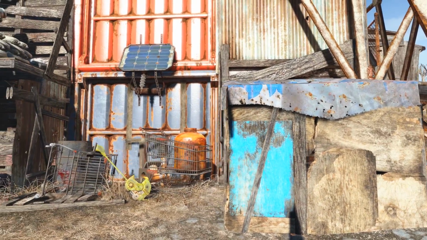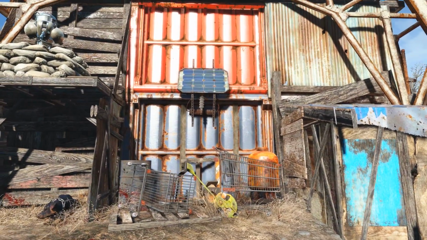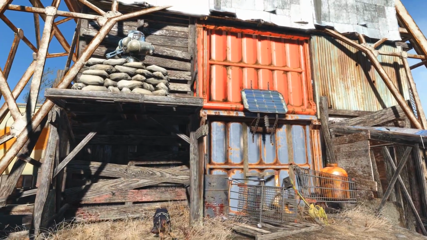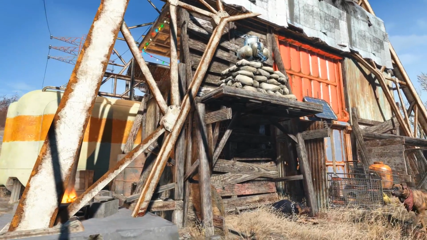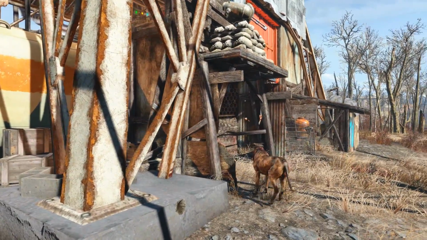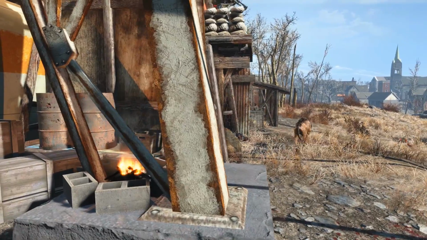Then over here we have another little junk pile. And it looks like the techie guy who lives here was able to get one of those solar panels working. Get a little electricity for the place. Of course we have some dogs and another turret up there. A lot of enemies around. This place has gotten attacked by super mutants a few times while I was building, so...